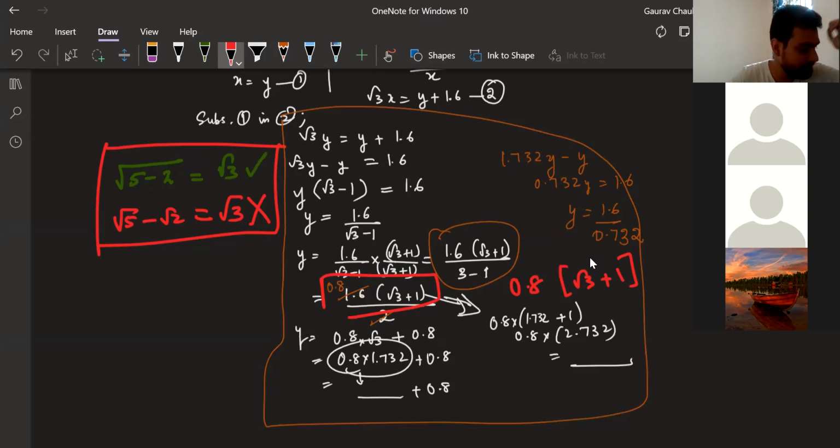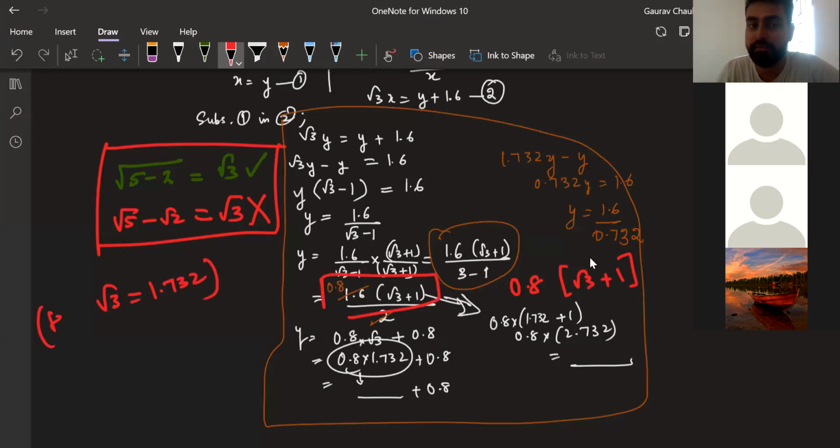Is this the answer given at the back? Yes, yes. All right. This is an acceptable answer. Suppose you are really short of time, you can stop here. But by chance, if they have given root 3 equal to 1.732 in the question, then this is not acceptable. Then they are expecting you to multiply. That's why we are building the habit of doing this multiplication every time. So you do that multiplication and get the final answer. We good with this?